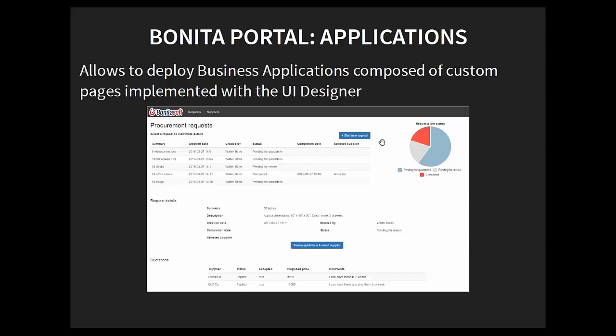So yeah, this is an application because it's more global, I would say. It's interacting with the processes, and it's kind of seamless for the end user. The end user doesn't even know there is a process behind the scene. He knows about the business process, but he doesn't know technically there is a process that is triggered at a specific time when the button is triggered. So for the end user, it's really an application. It's not a process behind the scene.